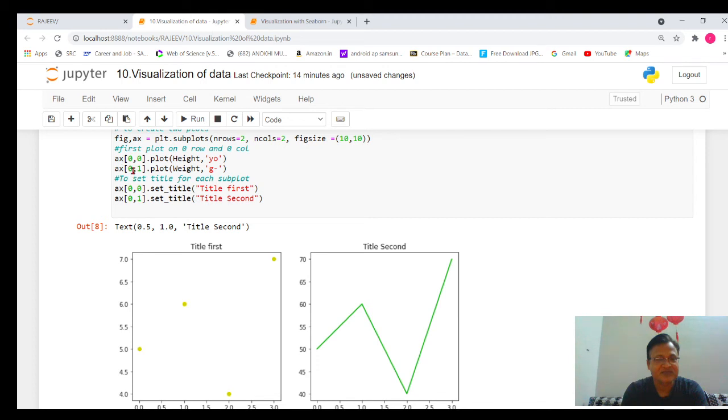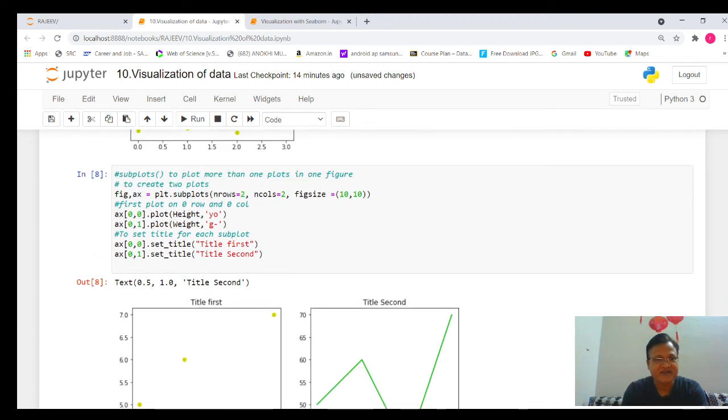One more important thing, I have used axis also. Here axis is indicating that in the 0th row, 0th column, plot height. So that is the 0th row and 0th column, and it will be displaying a yellow color circle, that is, the height variable.